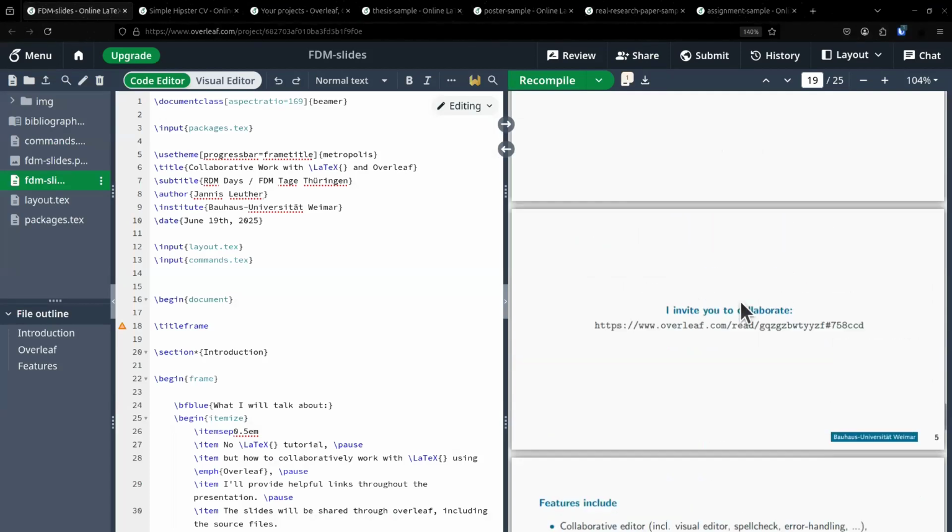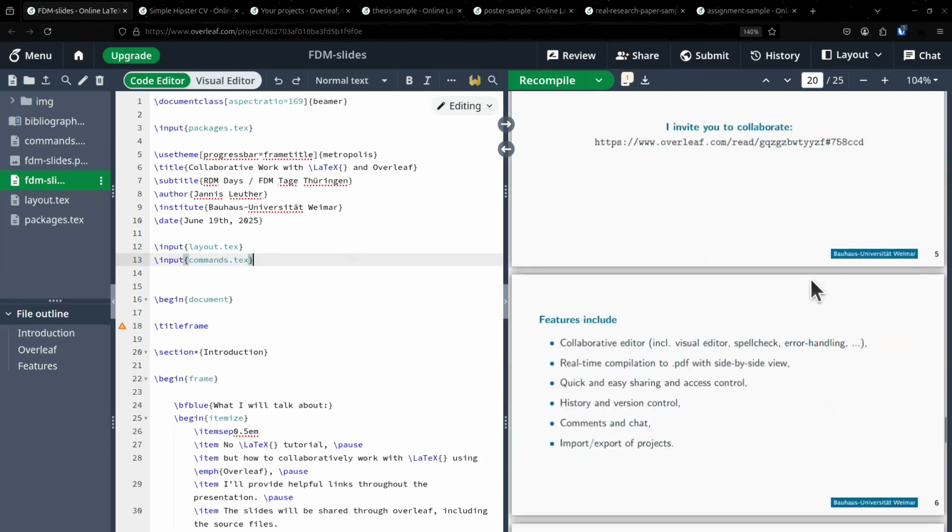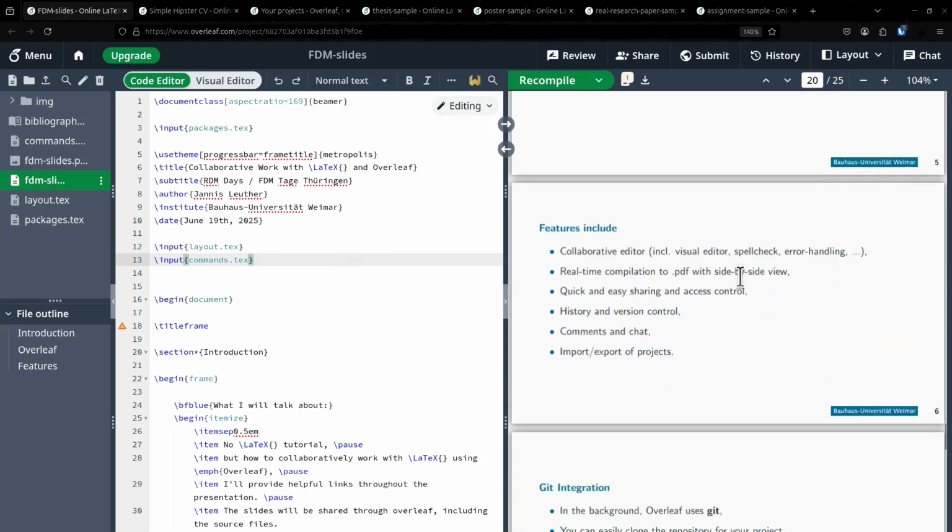If you click that link, you can join this project read-only, you can't edit, and while I show this, you can also try to go around these files and the Overleaf structure. So I hope the invite link works. If you can't open it, it's fine as well.